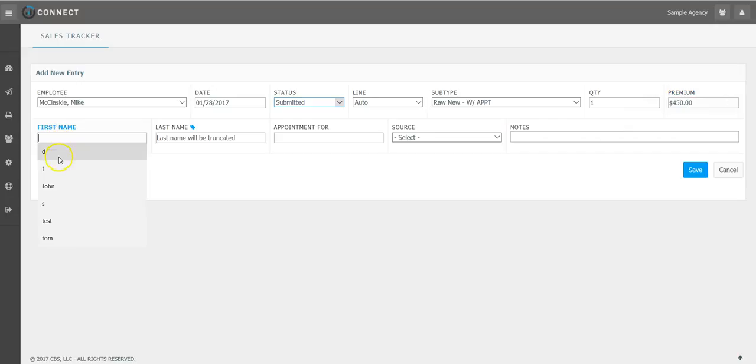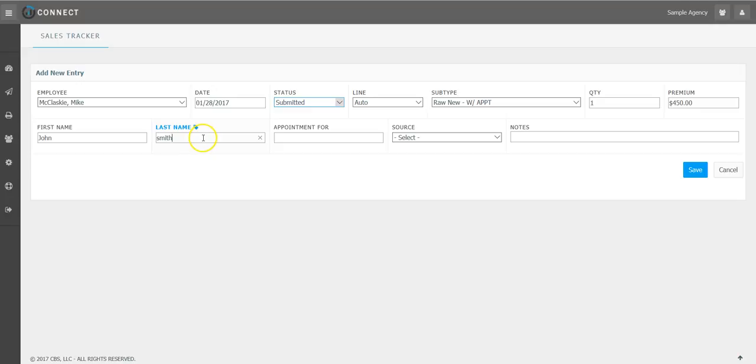First name of the client, and if you've got these in here, I've already typed it, so I'm just going to go ahead and put it in here. Now the last name, for compliance reasons, the last name is going to be truncated. So you go ahead and type in the last name. So let's say it's Smith. The system will take the last 3 letters off so that we're not entering confidential client information into the system. You just keep typing whatever the last name is, let the system shorten the last name so we're in compliance